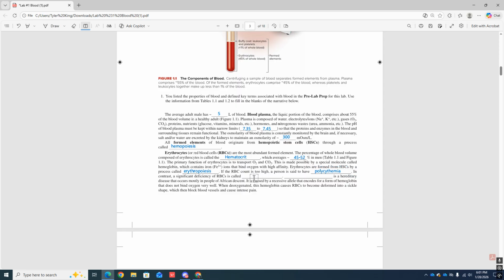In contrast, a significant deficiency in red blood cells is called anemia. All right. And then blank is a hereditary disease that occurs mostly in people of African descent, as I said, okay? So, what is this one called? This is called sickle cell disease, all right? It is caused by a recessive allele that encodes for a form of hemoglobin that does not bind to oxygen very well. So when it is deoxygenated, aka you're at a higher altitude, up in the mountains, for example, this hemoglobin causes red blood cells to become deformed into a sickle shape, which then blocks blood vessels and can cause intense